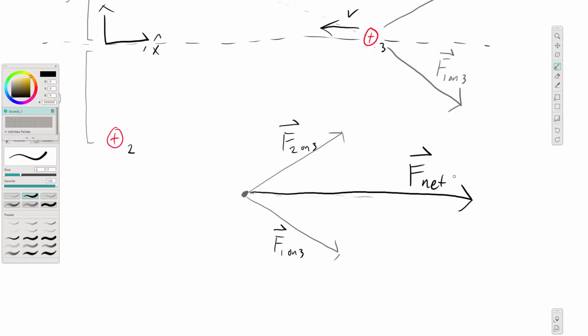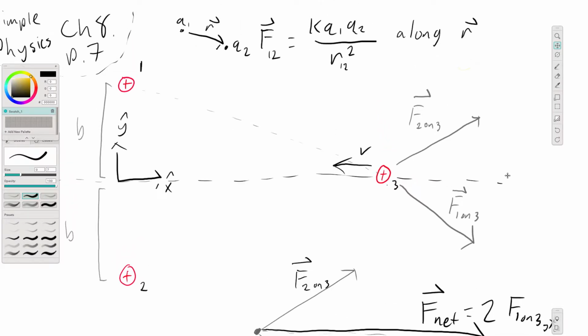So our net force is going to be equal to twice times the x component of, we'll say, F 1 on 3, x. So what is our x component of F of 1 on 3? Now we have to look at our whole geometry and do a little thinking. What I need to get that component, thinking back, is that I have some sort of triangle that I can make